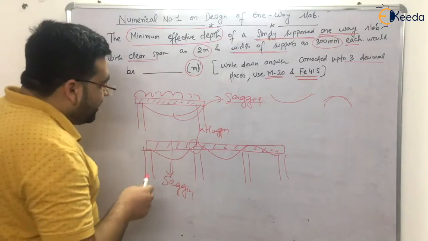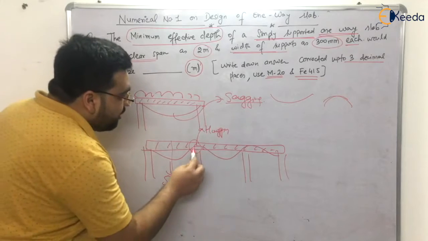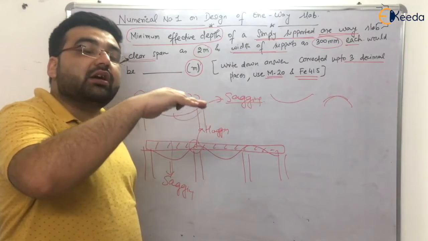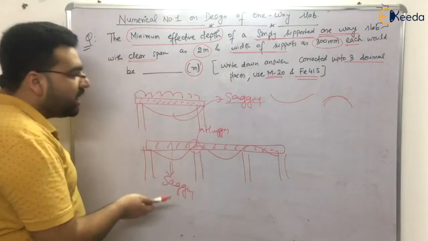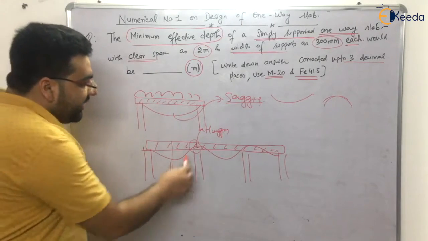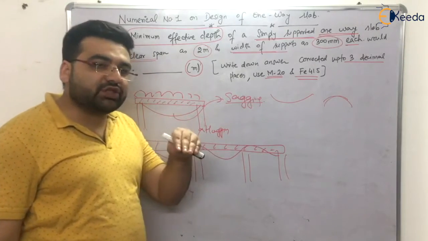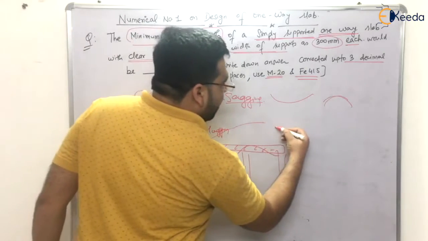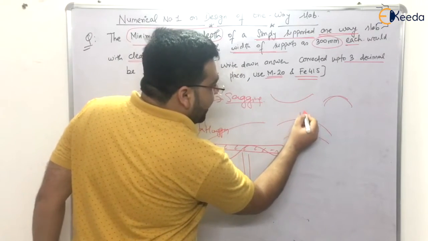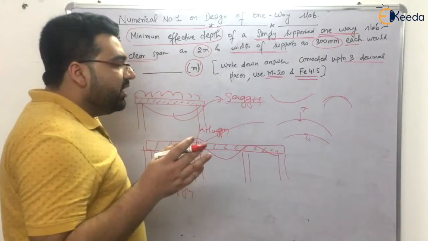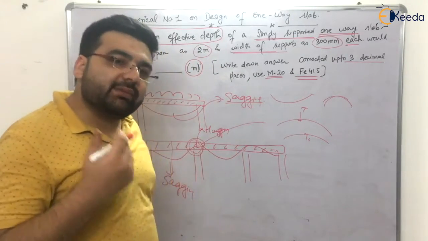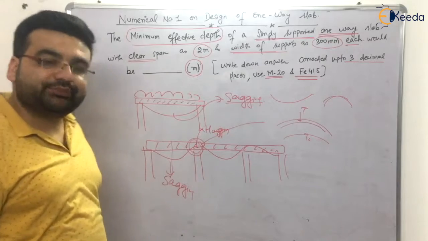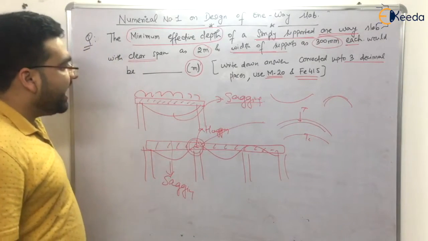Now the question is, sir, what is special about it? At the supports, the top portion of the slab will have a tensile force, while the bottom of the slab will have a compressive force. So here we have to provide the reinforcement above the neutral axis. Let me zoom in: this portion has tension and this portion has compression. You know that concrete is very good in compression but very poor in tension. So we will provide reinforcement here also so that it does not crack. That is what is special about sagging and hogging moments.